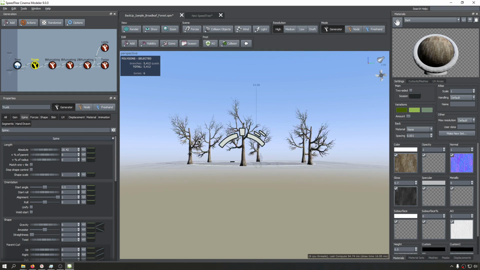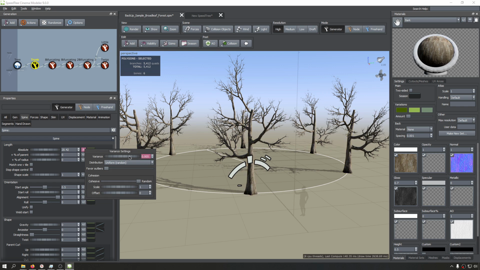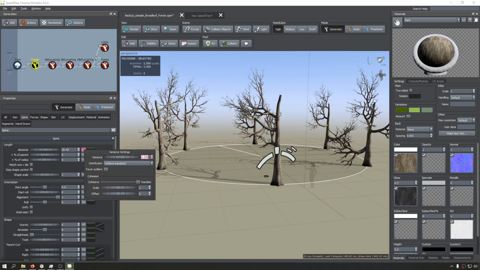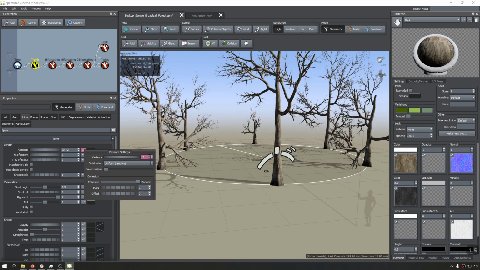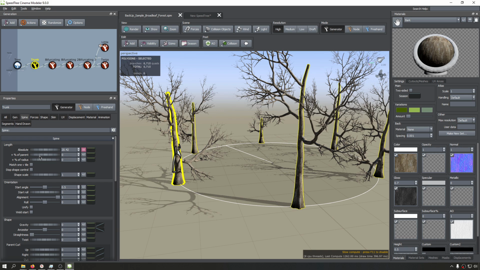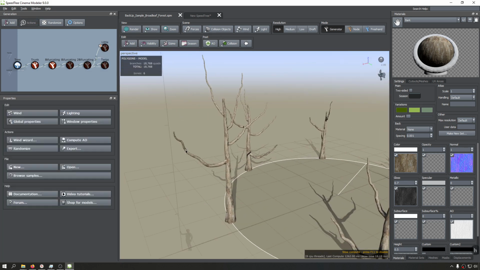And if you have multiple nodes, for example, in this case, we have multiple trunk nodes, you go to this variance and increase it a lot. So it's going to vary them for you. For example, if you introduce a big value, something like 15, you're getting a lot more radicals. And the next values are going to act as a multiplier to that value. And let me take these and hide them so that we have only these big branches, and let's select this,